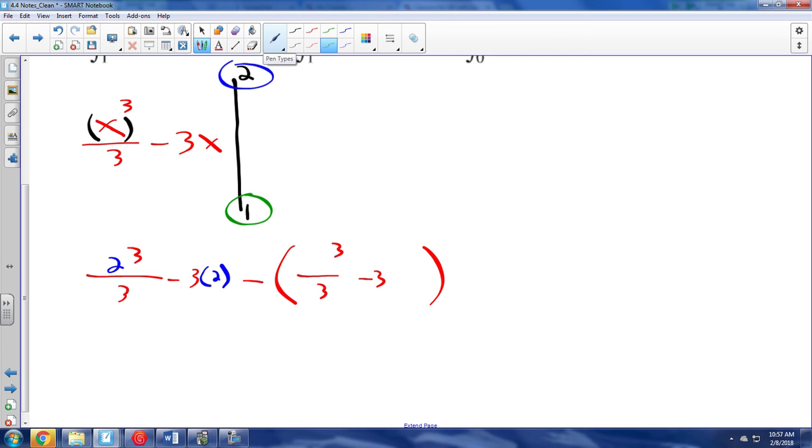And then here we replace with 1. So it's 1 to the third minus 3 times 1. I might have made that a little more overcomplicated than it even needs to be. You're just plugging in the top number, putting a minus sign, and subtracting everything from when you plug in the